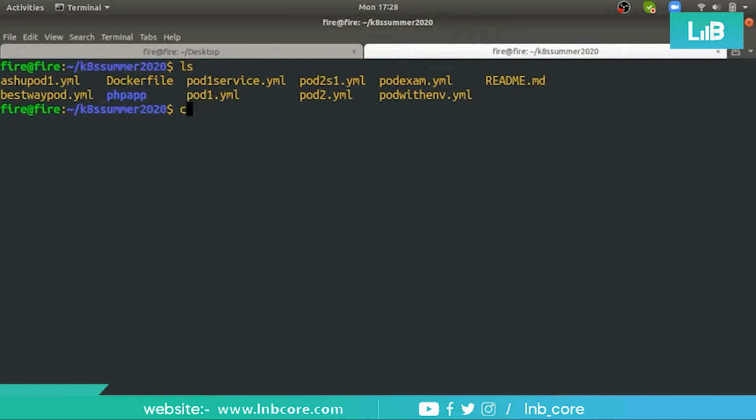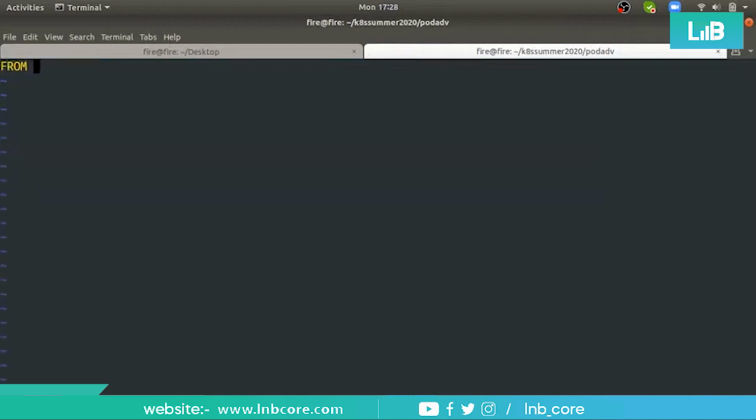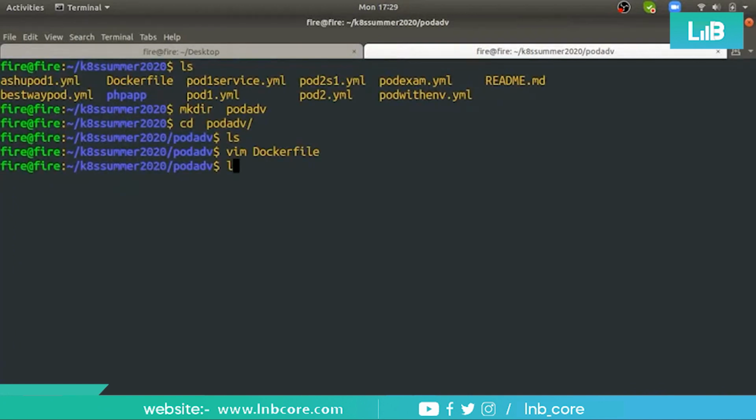I'm in the pod advanced directory, and I'm creating a Dockerfile. FROM alpine, MAINTAINER, and let's say I'm directly using CMD or ENTRYPOINT, with ping facebook.com. Fine, this is my Dockerfile.